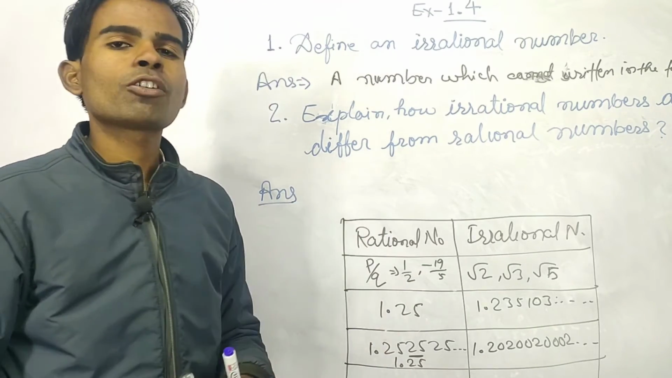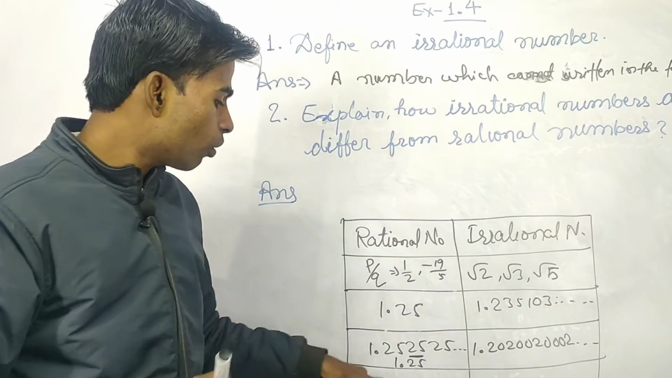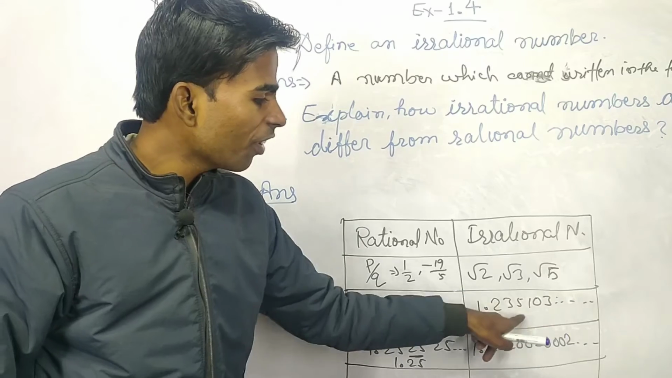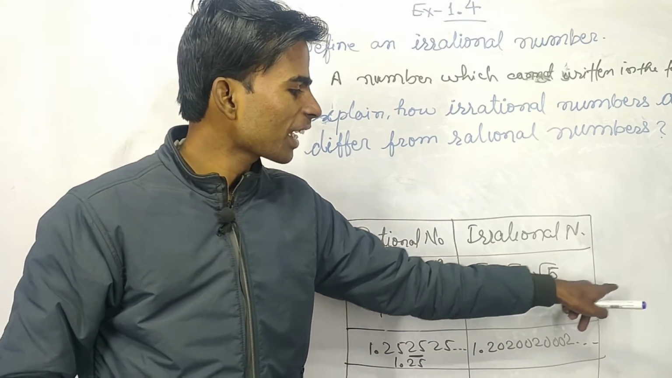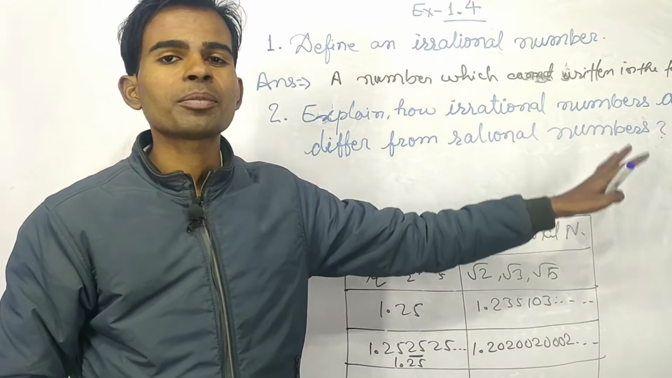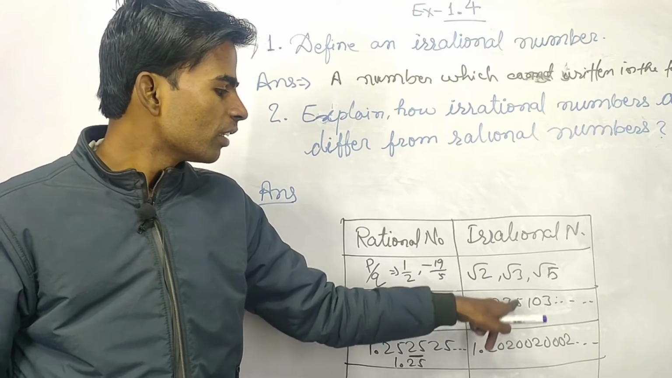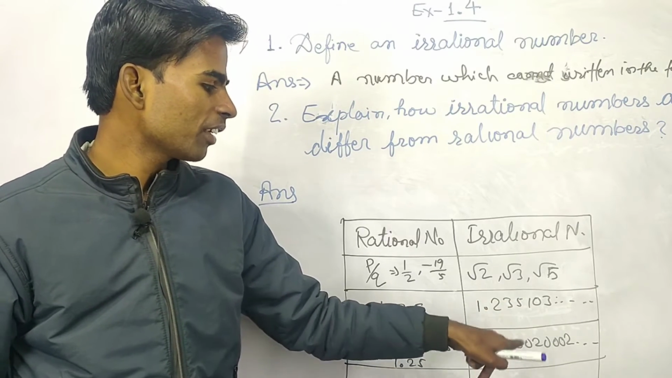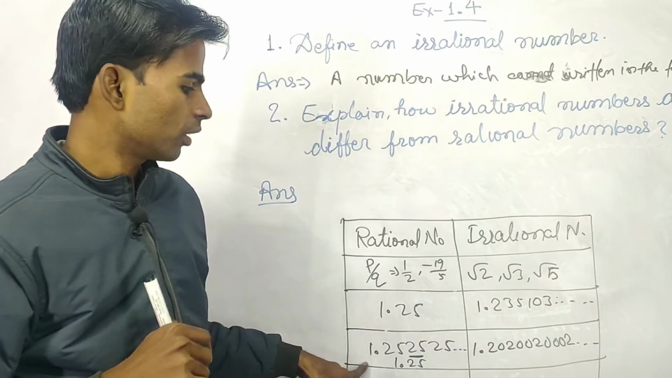अगर non-terminating हो और recurring हो, तो उसको भी p by q के फॉर्म में लिख सकते हैं। लेकिन recurring नहीं हो, non-recurring हो, जैसे यह non-recurring है 2 3 5 1 0, इसके बाद क्या आएगा कोई एग्जैक्ट नहीं है, कहीं खत्म नहीं होने वाला है, रिपीट भी नहीं हो रहा है, तो यह non-terminating and non-recurring। और यह non-terminating but recurring है।